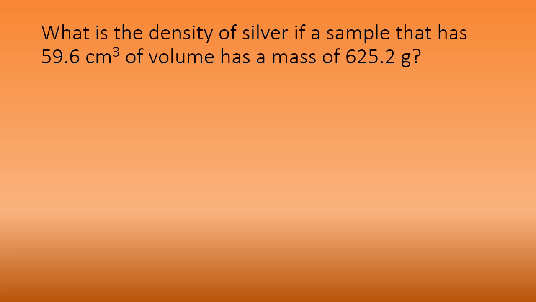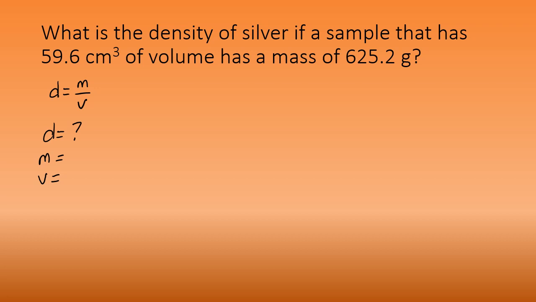Okay, so we're going to start doing some of the calculations with the density formula. This question asks, what is the density of silver if a sample that has 59.6 cubic centimeters of volume has a mass of 625.2 grams? When I do these problems, I like to start by writing out my formula. Density equals mass divided by volume. And I like to list my variables,